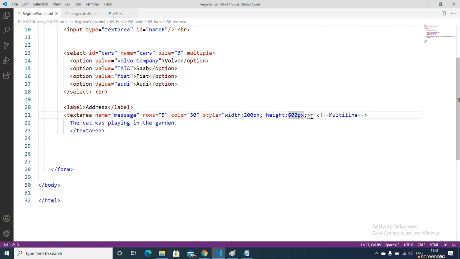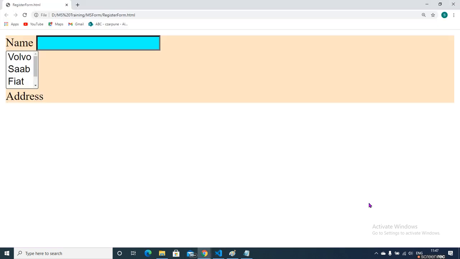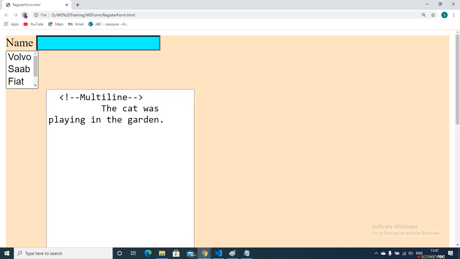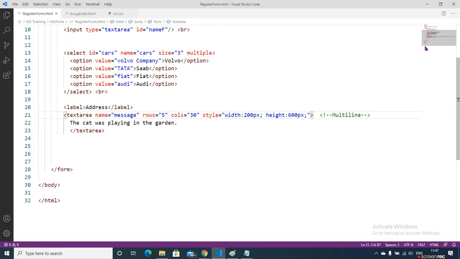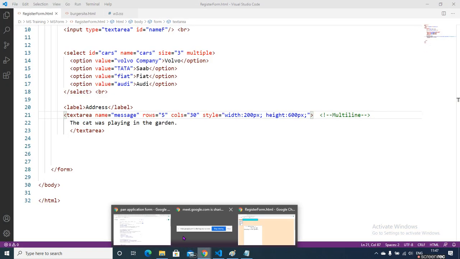Some mistake is here, I need to fix it. Double quote was missing. Refresh it. So you can see the width and height can be set as per your requirement. So this is the text area field.